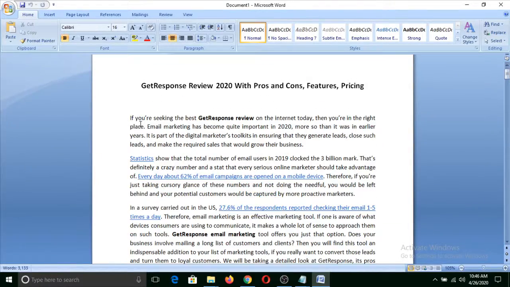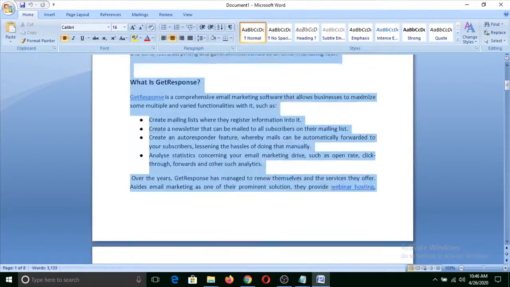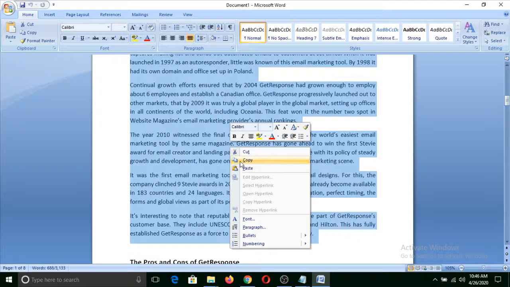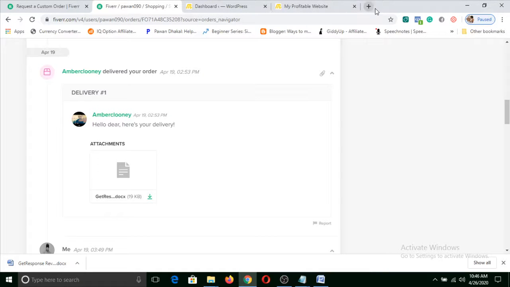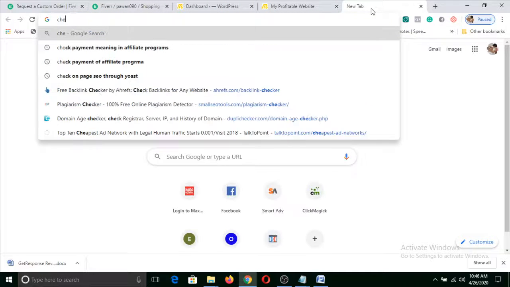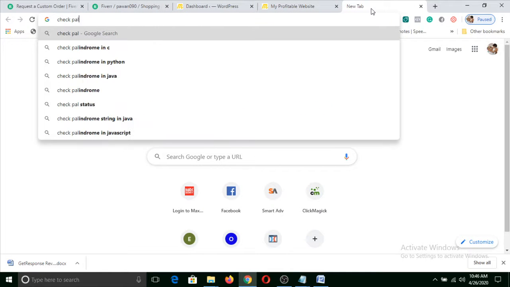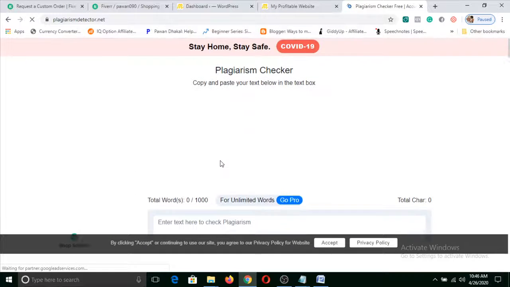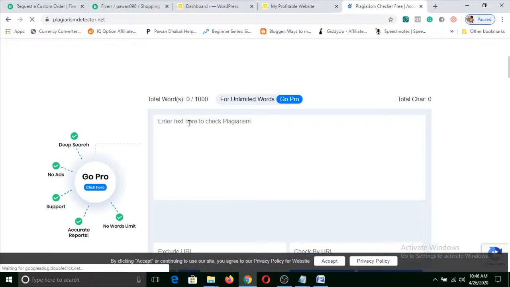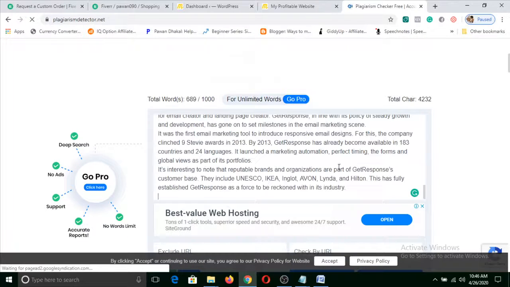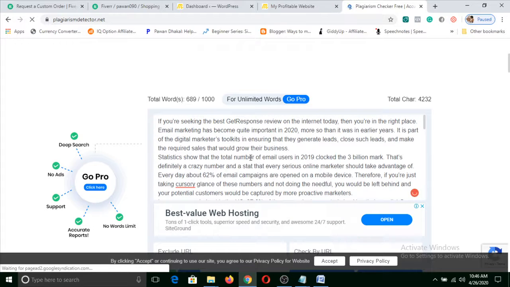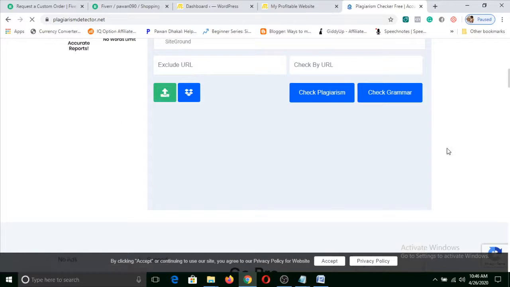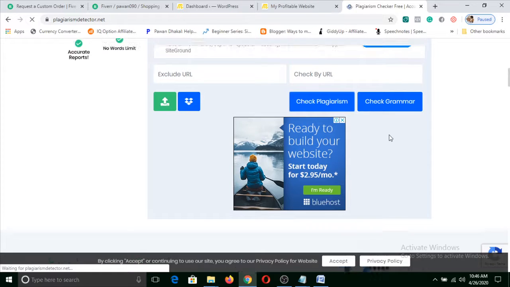And once you read the article, you copy up to 1,000 words of this article and visit a site to check plagiarism. So you can click on it. These are some free tools. You can simply paste the text, the article that you have copied up to 1,000 words. You can check up to 1,000 words at one time, and just click on check plagiarism.